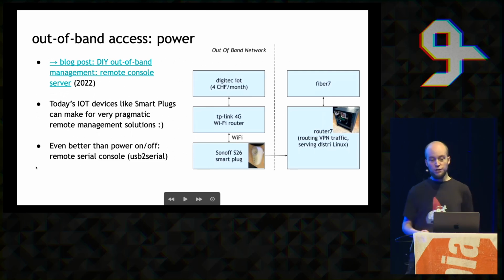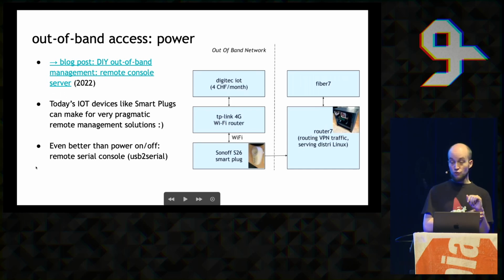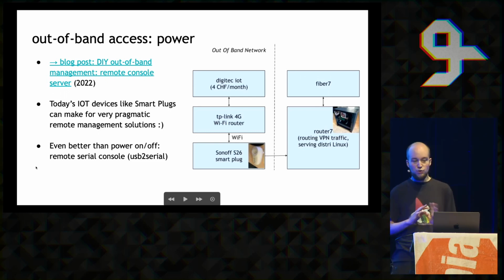So I have my own router written in Go, and you can do a couple of cool things which I want to show you just for inspiration on top of having your own router. So when you have your router and you use it, for example, to tunnel some traffic for an event or something, and you then go to that event, you might want to have some sort of out-of-band access to your router. The easiest might be just to power cycle it.